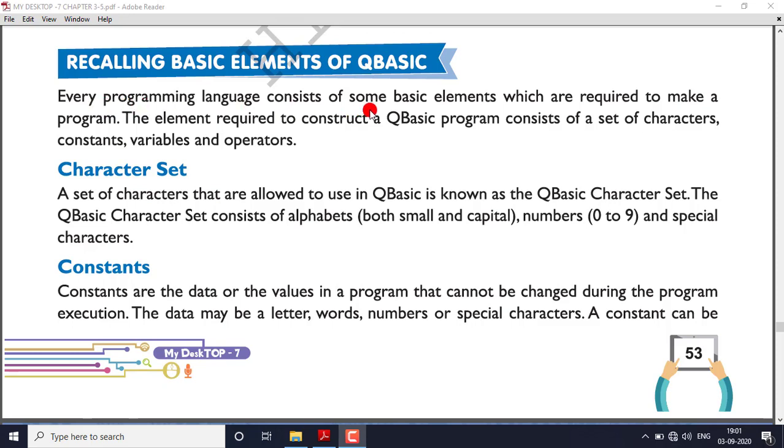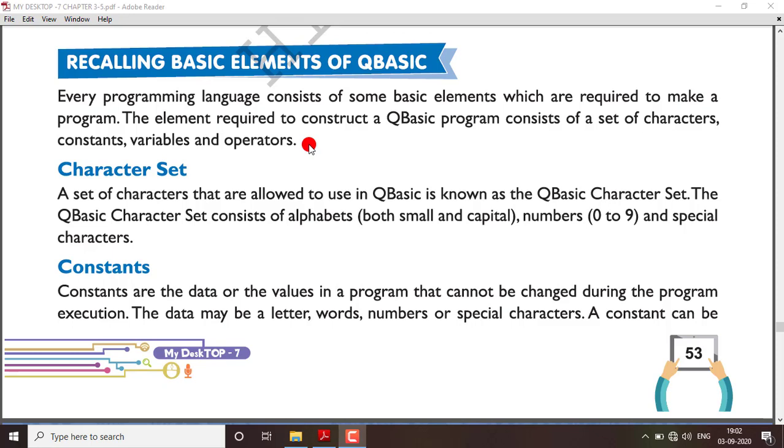Every programming language consists of some basic elements which are required to make a program. The elements required to construct a QBasic program consist of a set of characters, constants, variables and operators. Suppose you have to learn English: first of all you must know how to write ABCD, then how to speak ABCD, how to speak the spellings, then only you will be able to write or learn English.